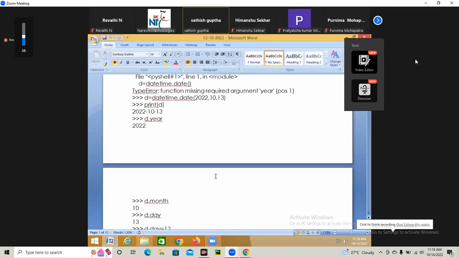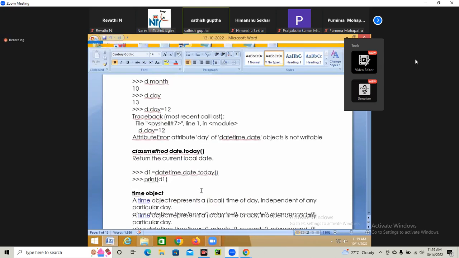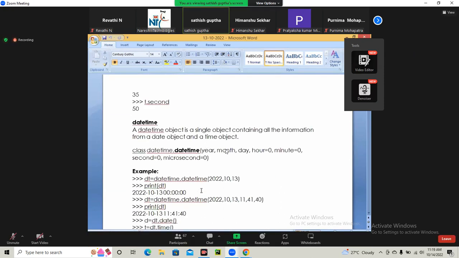Date time module. So there is a date and time. And one more module you have, and that module is the calendar module. We have seen the date time module, and also we have seen the calendar module. So after this date time and calendar module,